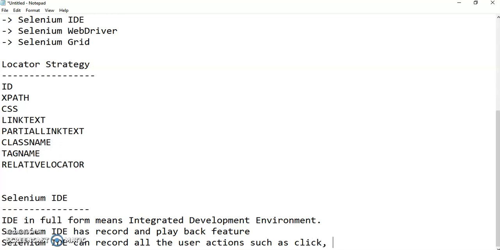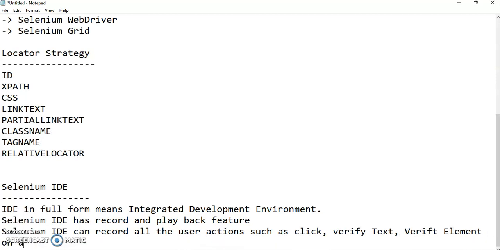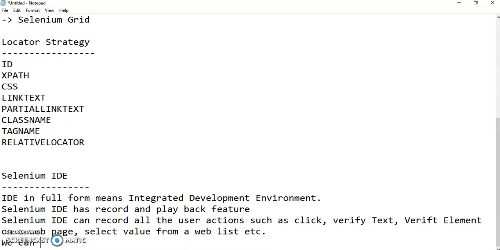click, verify text, verify elements on a web page, select value from a web list, etc. And we can play the recorded script back to test the application under test.